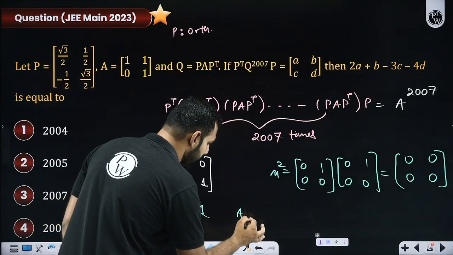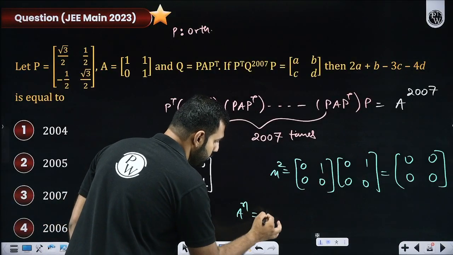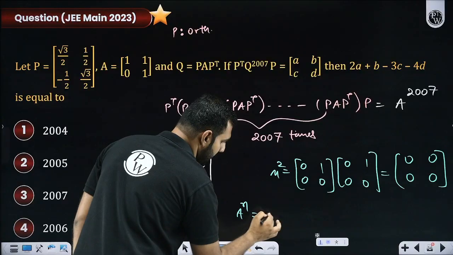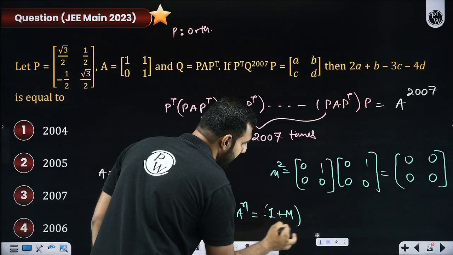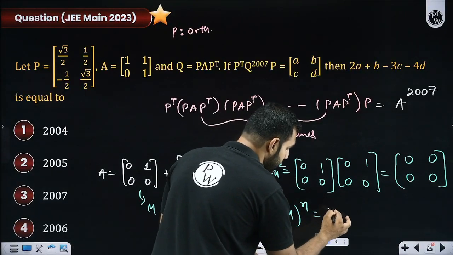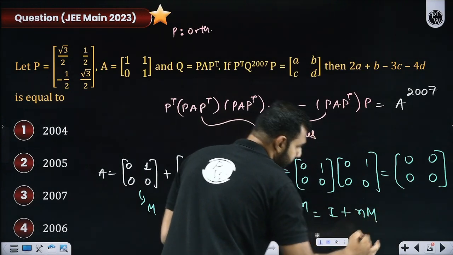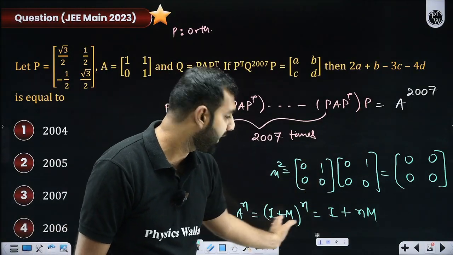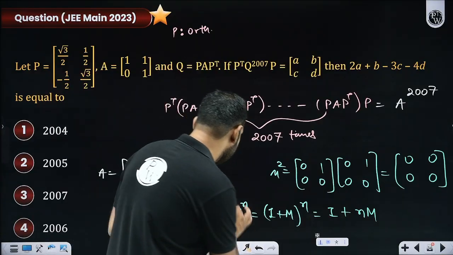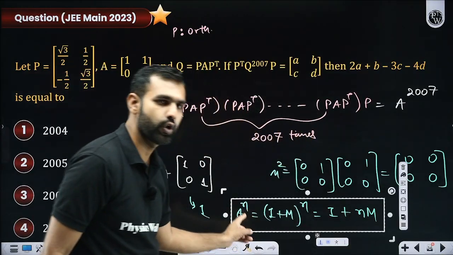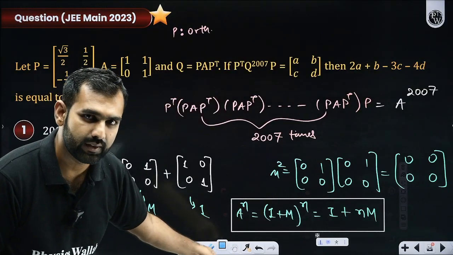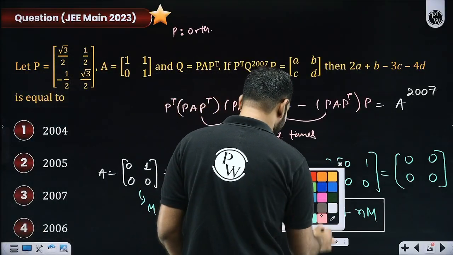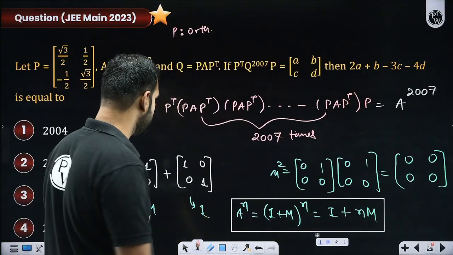If I ask you A to the power n, which means M plus I, or rather I'll say I plus M to the power n, will you not say by binomial expansion it will be I plus nM, then n into n minus 1 by 2 M square, but M square is null, so all the higher terms will be null. So I am in a position to generalize this. How many of you got this? Do you remember we did discuss this whole method? So with this, I think I do have the answer finally, because I'm interested in A to the power 2027.